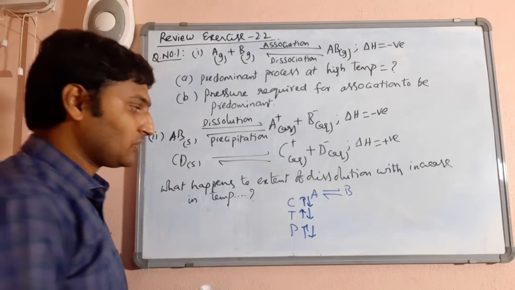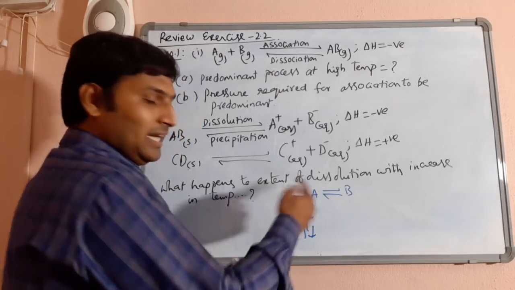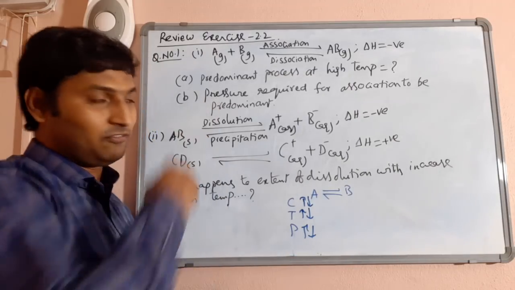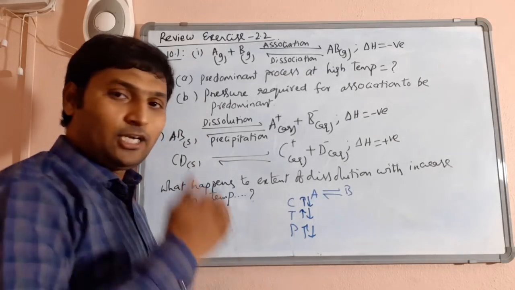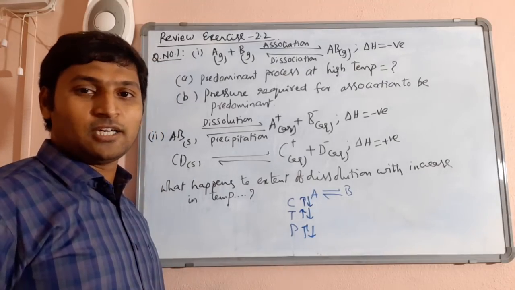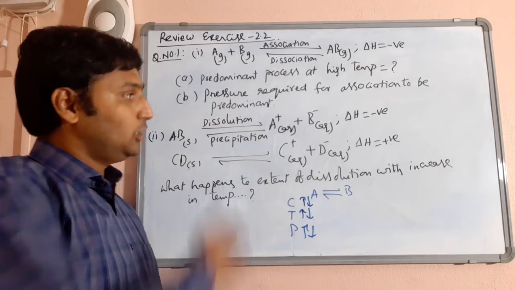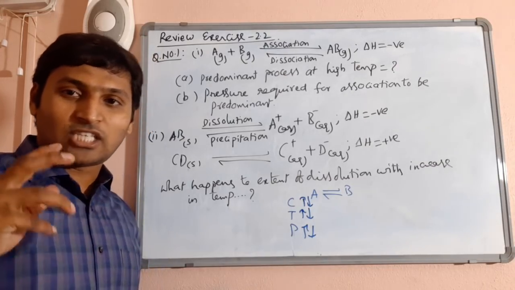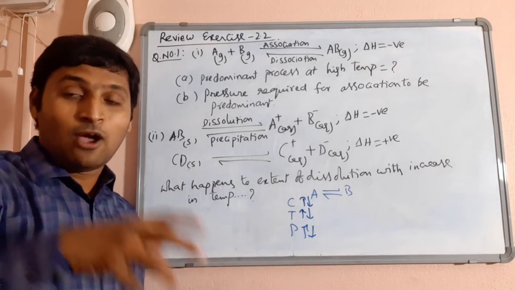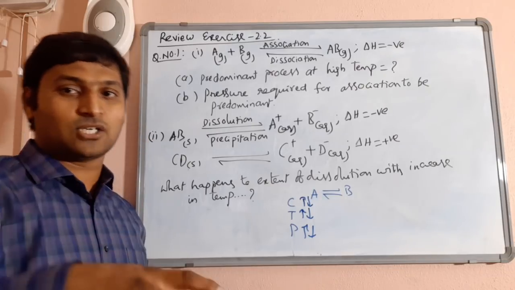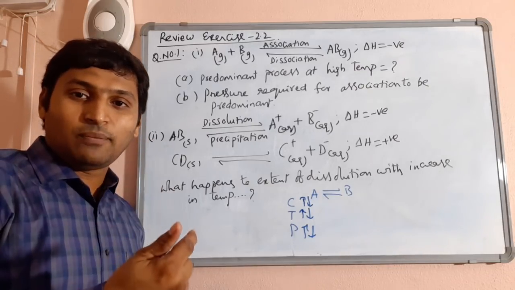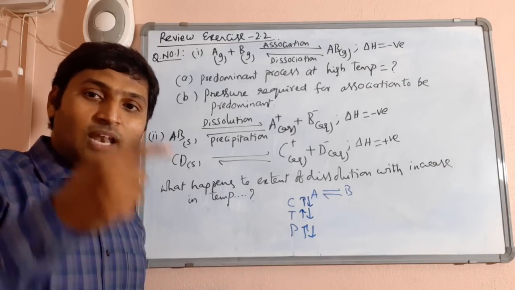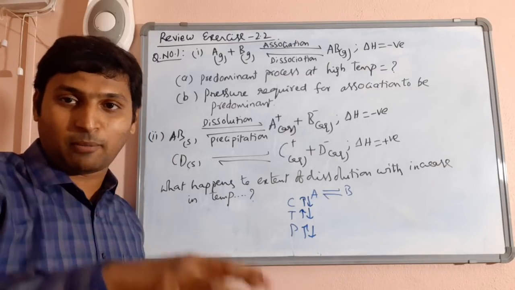Same way, you try to increase temperature, it will go in a direction where temperature is decreased. We will get from these examples. You try to increase pressure, it will go in a direction in which pressure will be decreased. So whatever the change I do externally, whatever the constraint I bring externally, the equilibrium will readjust itself and proceed in a direction which will nullify the constraint I have made from outside.